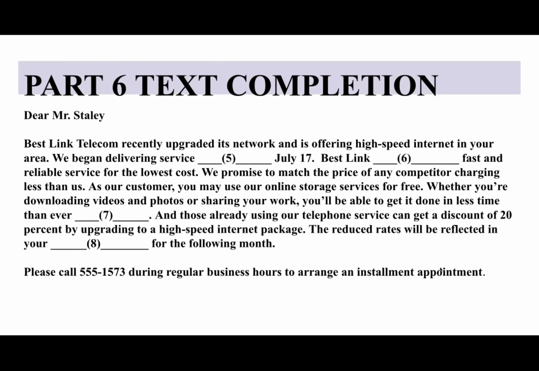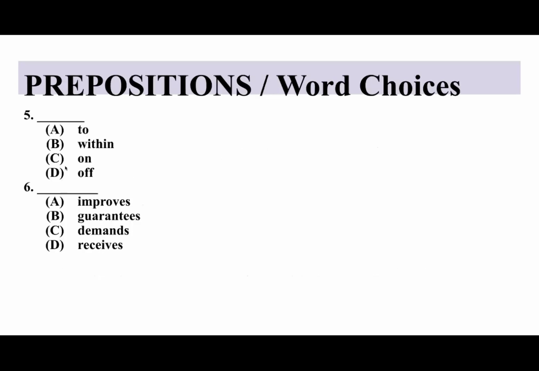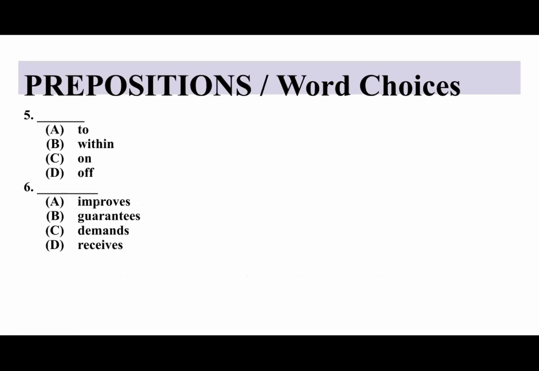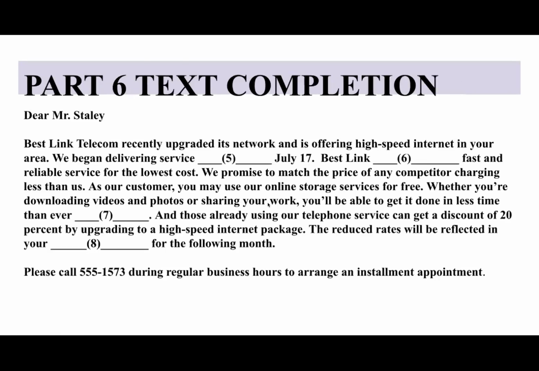โอเค มีคนตอบเข้ามาแล้วนะฮะ เป็นไงบ้างสำหรับ task นี้นะฮะ เป็นข้อสอบ midterm เลยนะ. Bestlink Telecom recently upgraded its network and involved offering high-speed internet in your area. We began delivering service on July 17, ต้องเป็น on นะ ตอบ 4 ไม่ยาก. Bestlink: fast and reliable service for the lowest cost. We promise to match the price of any competitor charging less than us. Our customers may use the online storage services for free. เพราะฉะนั้นตัวนี้เนี่ยเราต้องการคำศัพท์ที่เป็น upgrade ถูกไหม เป็นแนวแบบ improve ก็ได้ คือต้องการอะไรที่มันแบบ further progress ประมาณนั้นนะครับ เพราะฉะนั้นคำตอบลงไปที่ A นะ เก่งมาก